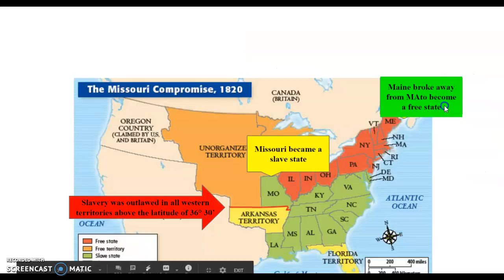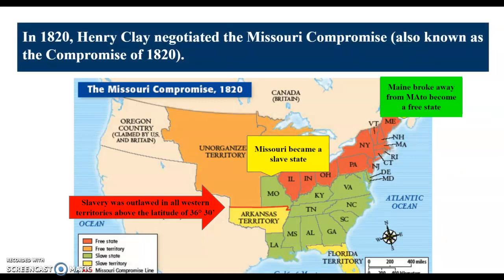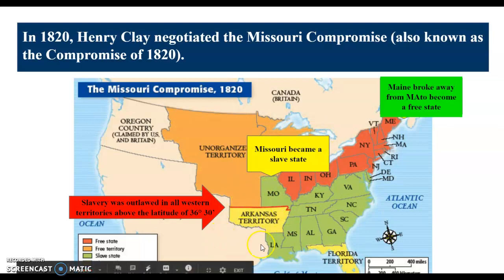So what to do? That's when Henry Clay comes up with the Missouri Compromise, also known as the Compromise of 1820. Missouri became a slave state. Maine broke away from Massachusetts to become a free state, and they create this line at latitude 36 degrees 30 minutes. Any states north are free, any states south